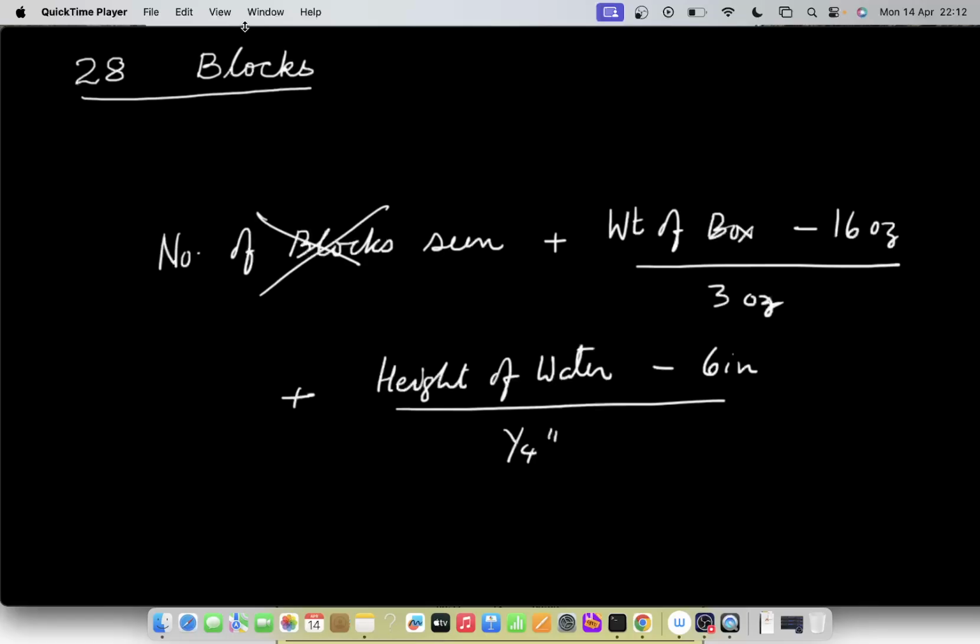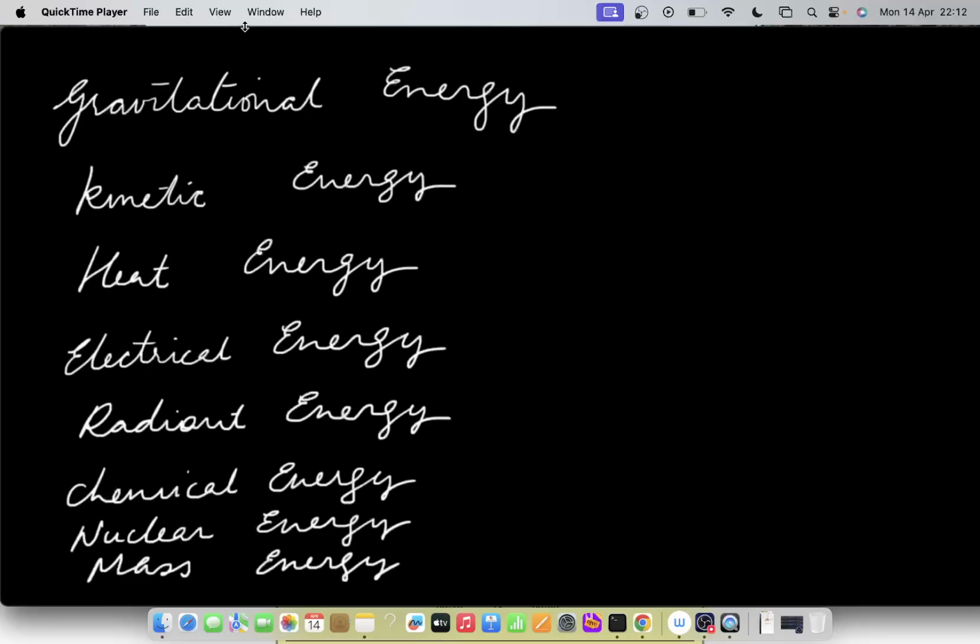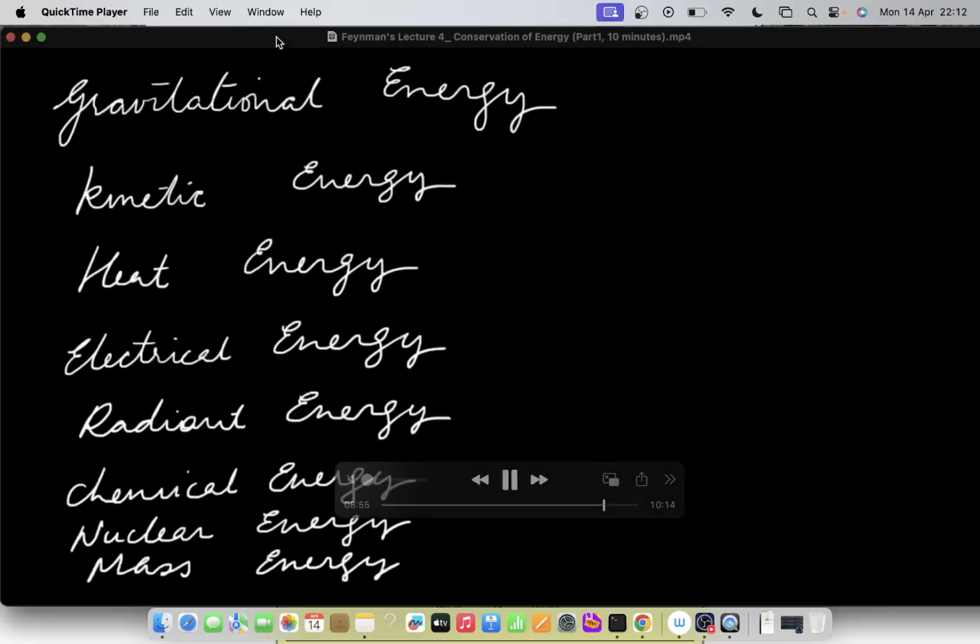Second, that energy has a large number of different forms, and that there's a formula for every one of the different forms. I've written a number of the forms here. I see I left out elastic energy. And there's a formula for every one of these things, and we find out what the formulas are, and then total them up. It won't change except for going in and out. So that's the relation of the analogy.